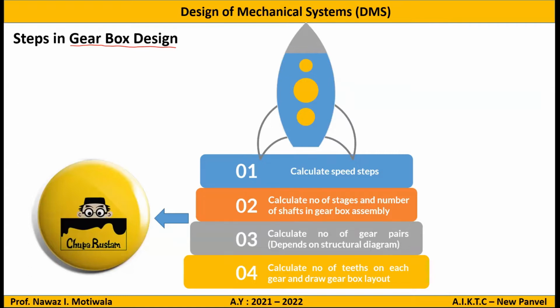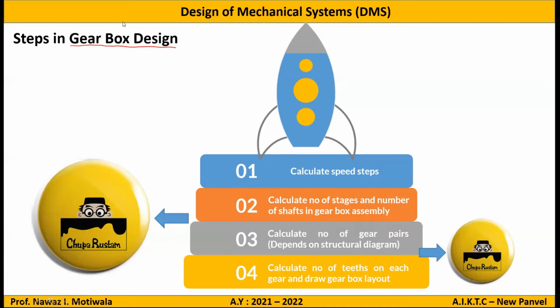But if you come closer to it, you can see that between step number 2 and step number 3, there are around 5 to 6 intermediate steps. If you want to reach step number 3, you have to follow those intermediate steps, then only will you go to step number 3. And similarly, there is a Chupa Rustam between 3 and 4. So again, if you want to go from step number 3 to step number 4, you again have some internal steps. Let us name them 3A, 3B, 3C, etc. And then only you can go to step number 4, which will be the final step.